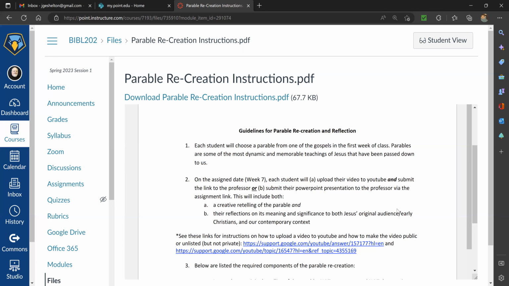And whichever one of these you choose to do, either A or B, they need to include a creative retelling of the parable and your reflections on its meaning and significance to both Jesus's original audience, the early Christians, and then our contemporary context. And just below that on this PDF, you'll see that there is a link for how to upload videos to YouTube and then how to make those videos public